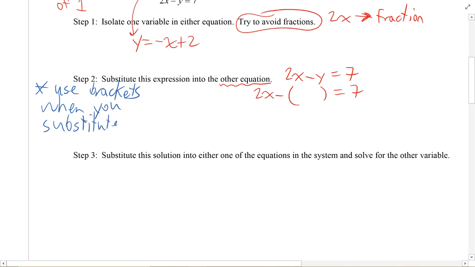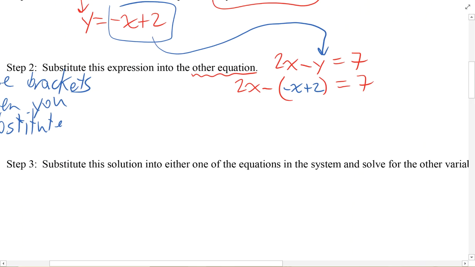So I have my brackets set up. I'm going to take what y equals, this entire thing, and substitute it in for y, and I will get negative x plus 2. You've got to really, really watch your signs. This is where 90% of you screwed up in your factors and products test. So we get 2x minus, and you've got to multiply in by negative 1 or add the opposite, change your signs. There's 3 ways to think about it. But this becomes a plus x, plus x minus 2